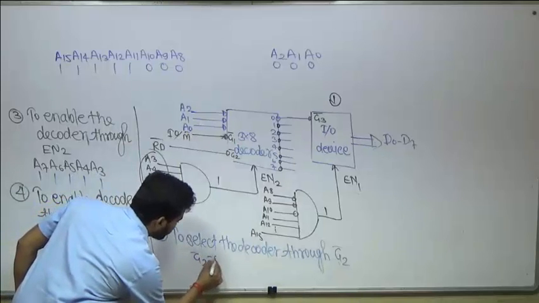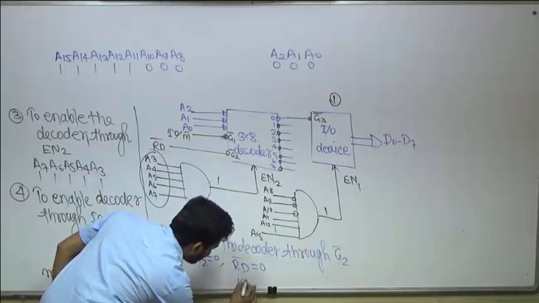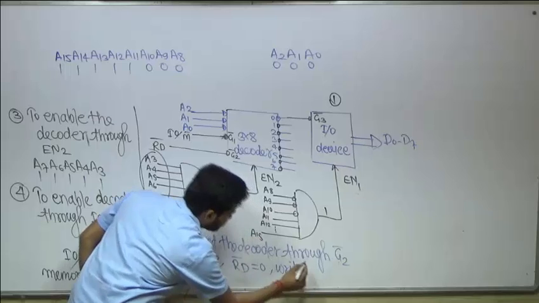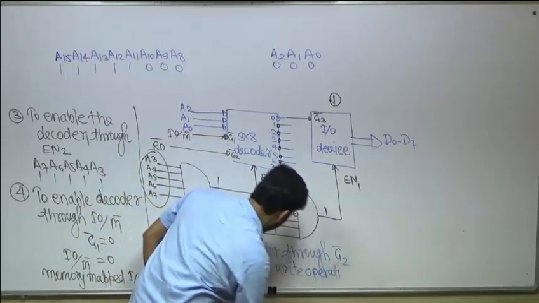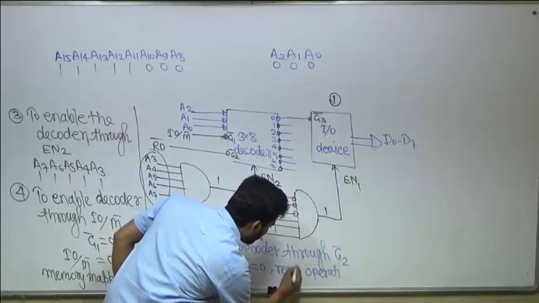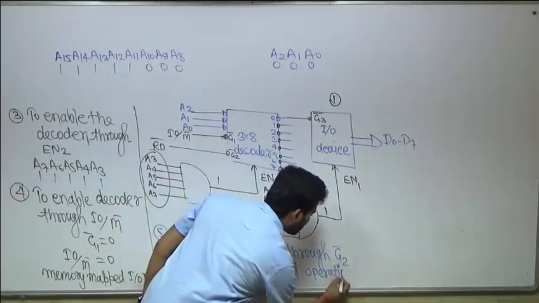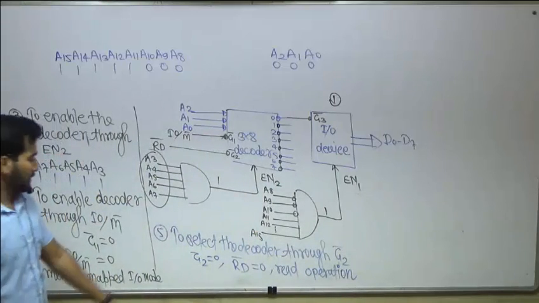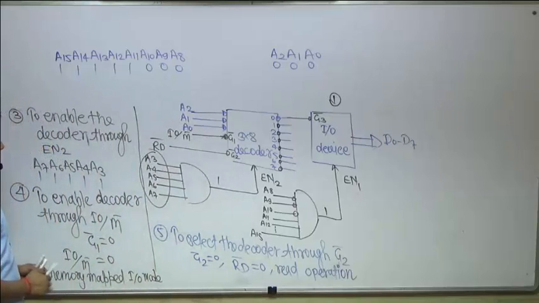If G2 bar is 0, that means what? Read bar is 0. That means the operation involved is write operation. Sorry, it is read operation. Read bar is 0. Now